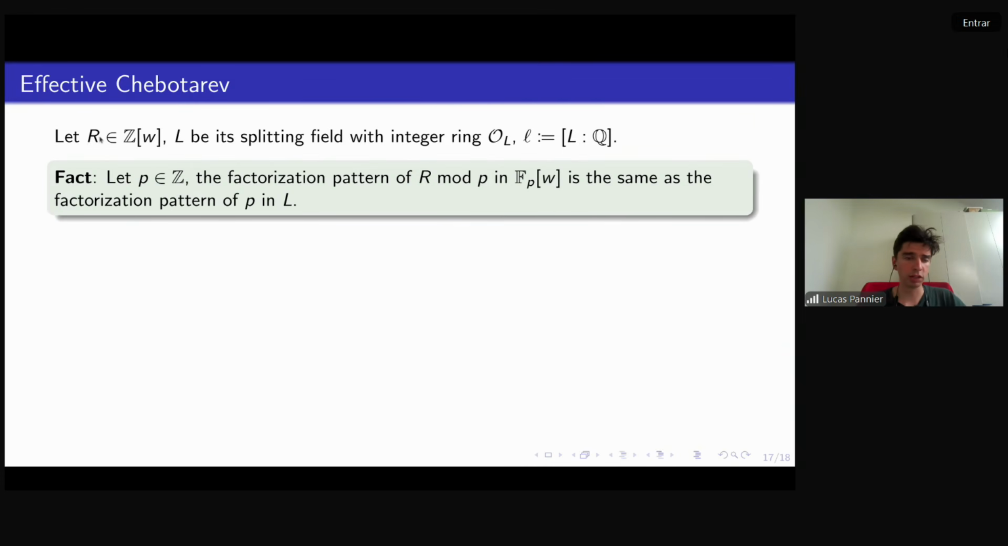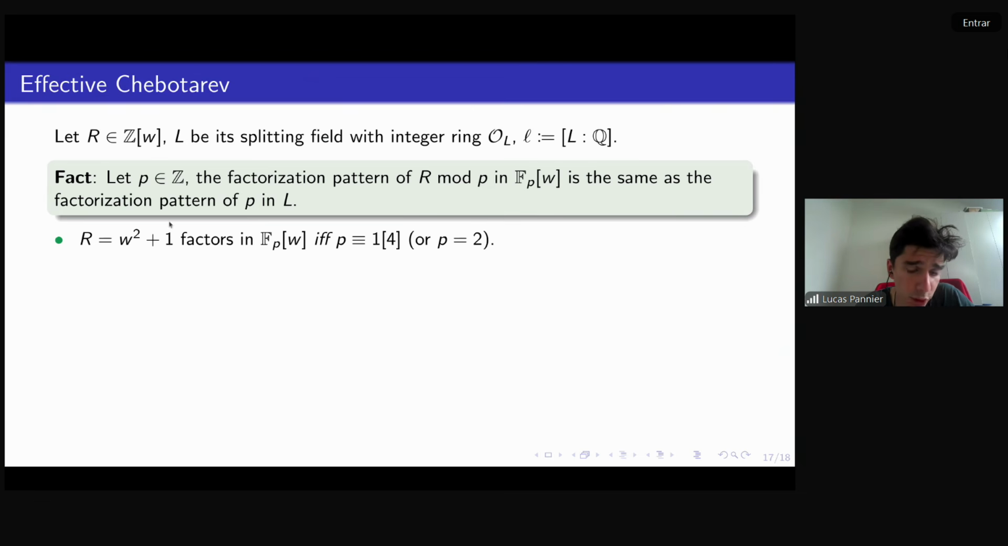So there is a fact. If we consider a polynomial R with integer coefficients, splitting field L, and degree of the splitting field over Q, small l, we can relate the factorization pattern of R modulo a prime of Z to a factorization pattern of the prime in the splitting field of R. An example is this polynomial. So if we ignore the prime p equals 2, which is singular, which is ramified actually,